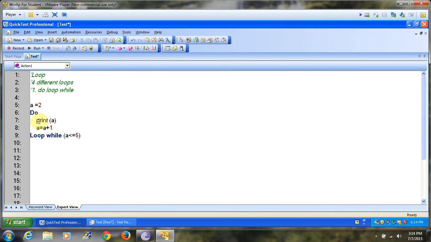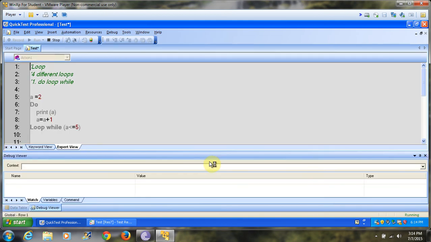So now here QTP is gonna do the loop body first, like QTP is gonna give you the first result and increase the number, and then try to go for the second loop when the condition matches. If the condition does not match, QTP is not gonna go for the second time. So if I run,